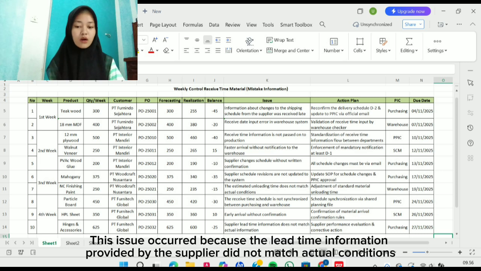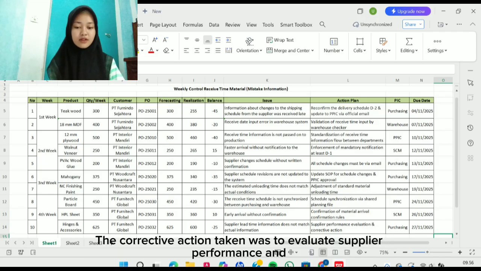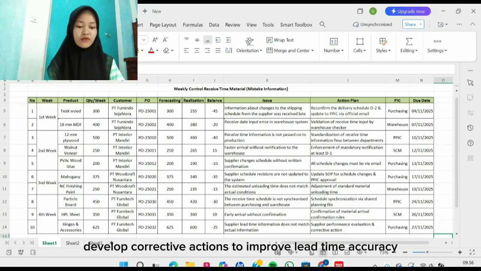The issue occurred because the lead time information provided by the supplier did not match actual conditions. The corrective action taken was to evaluate the supplier performance and develop alternative actions to improve lead time accuracy.